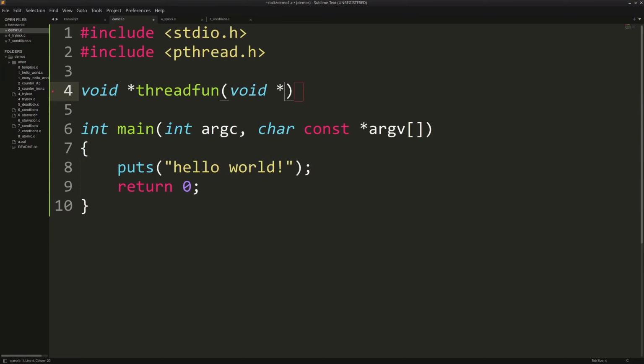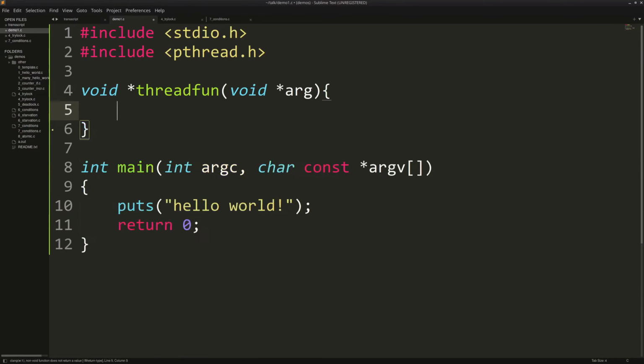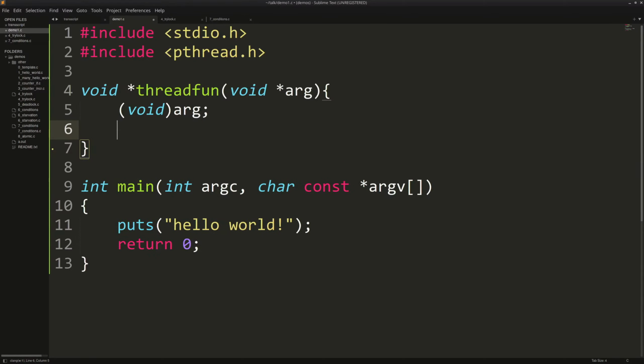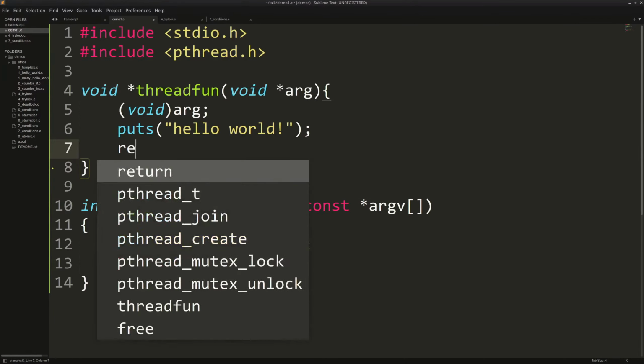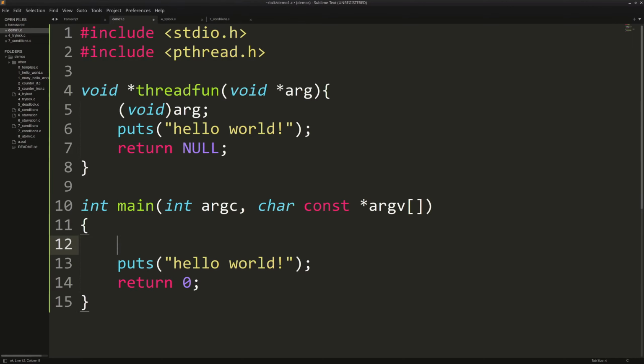In pthreads, a thread entry point has to return a void pointer, and it has to take in a void pointer argument. Now we're not going to be using that argument, so I'm going to cast it to void so that my editor doesn't yell at me. And we're going to say hello world from the thread, and then we're just going to return NULL, the null pointer, because I don't really have anything interesting to return.